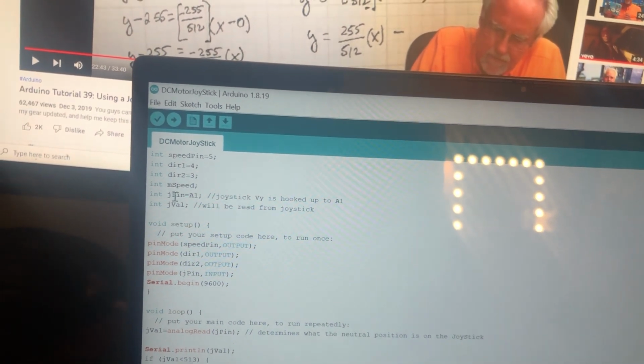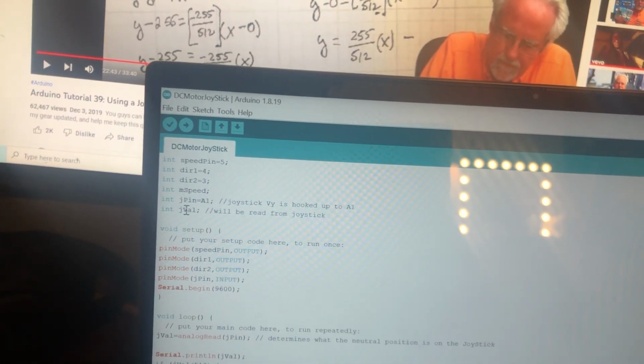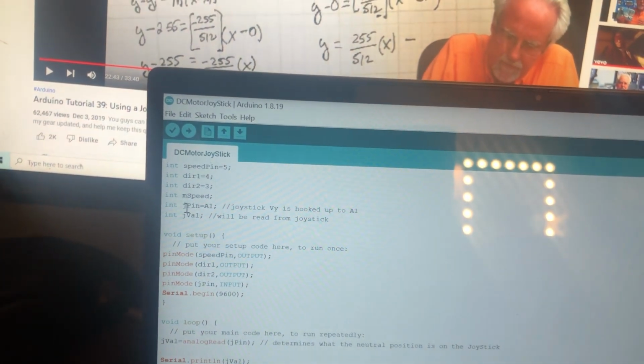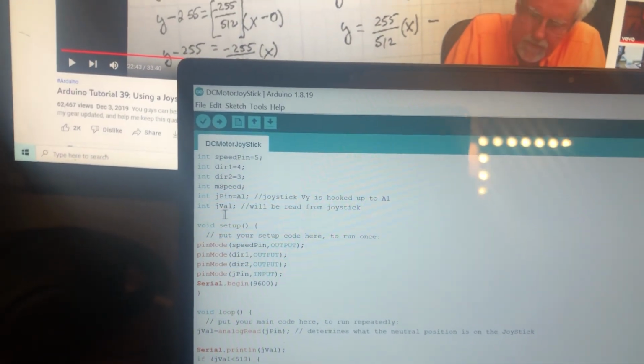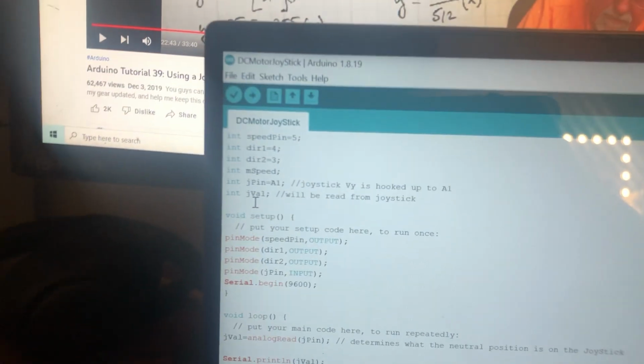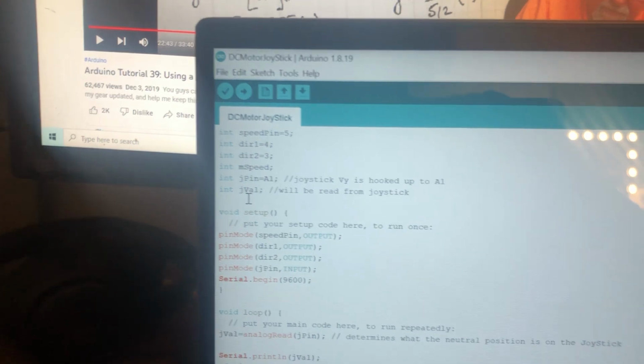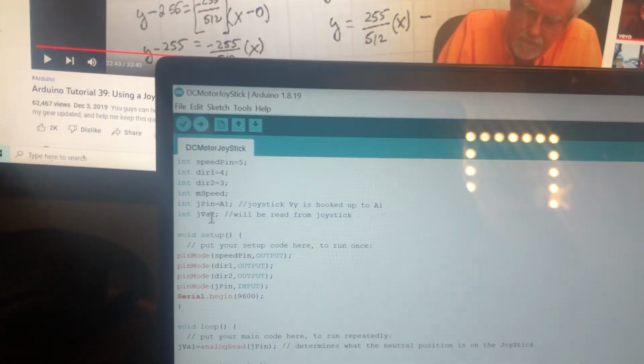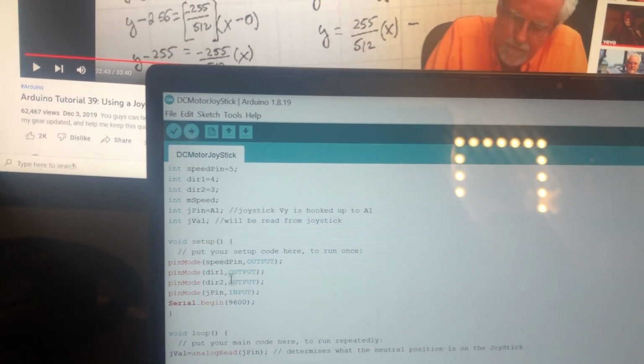So we have now connected a joystick to our circuit, and this is us setting up the variable for it here. It is connected to analog 1 on the Arduino. Also right here, the value of the signal from the analog 1 joystick is going to be called JVal. We are also going to set a value for this as well, because that will also be determined by the